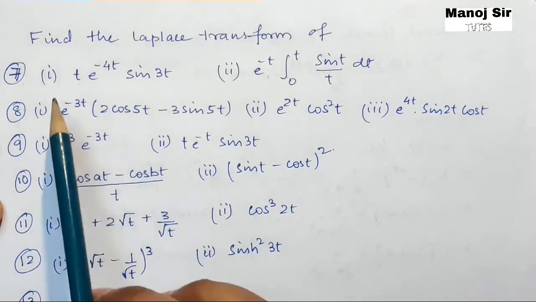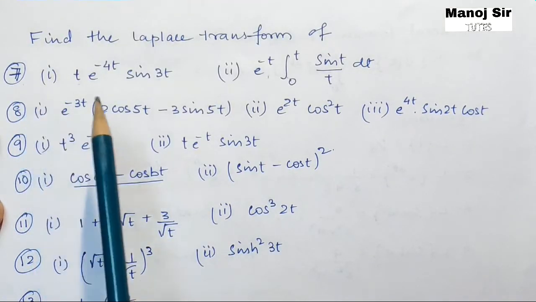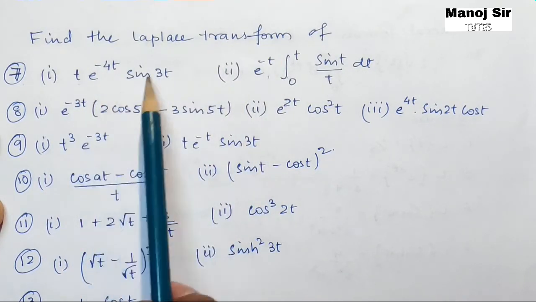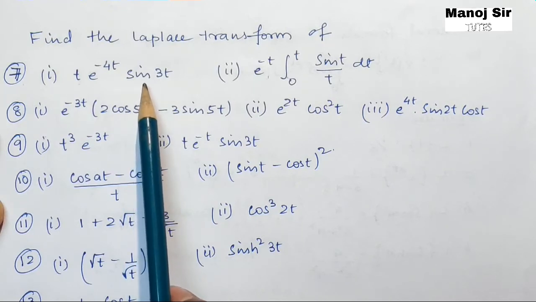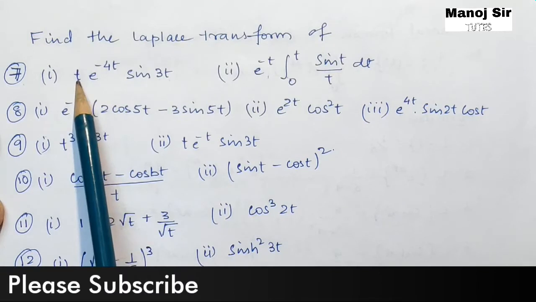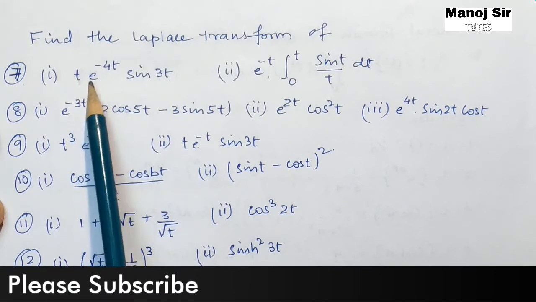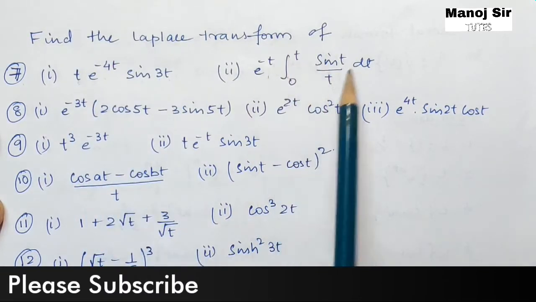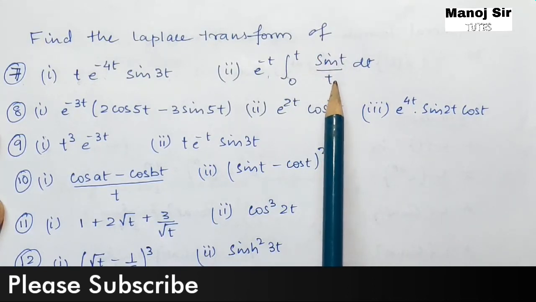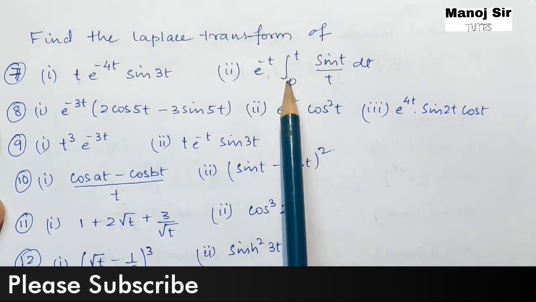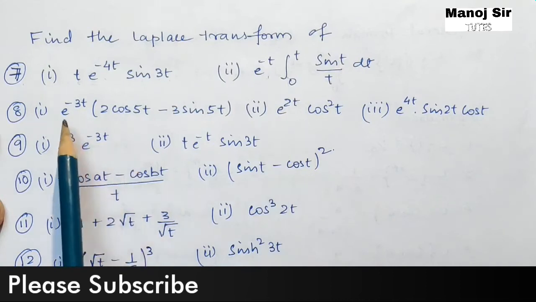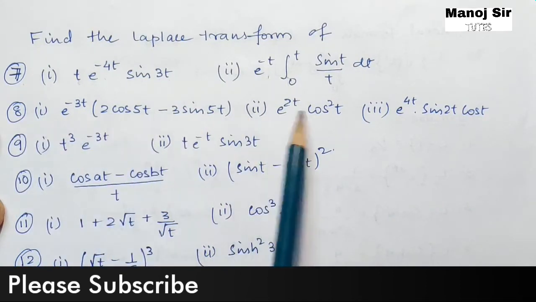Now if you see the 7th video, it comprises two problems on Laplace transform. In this problem, we have the function f of t, that is sine 3t. First we will go for the multiplication property, then we will go for the shifting property. This question is also very important because for the function sine t over t we are going to use the division property first, then the integral property, and last the shifting property. In the 8th video we are going to solve these three problems.